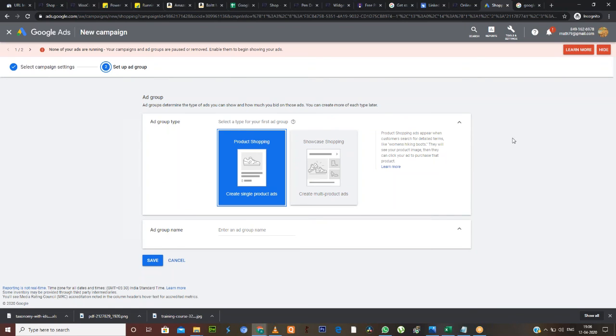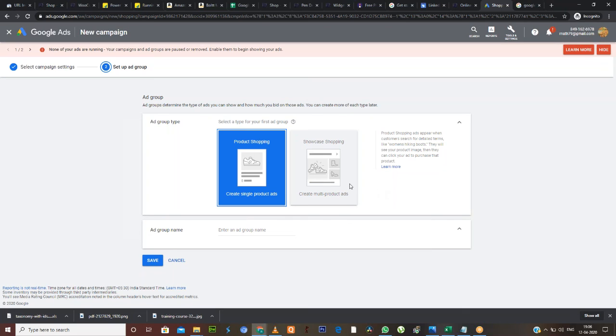Okay. So here we have two options. One option is product shopping and one option is showcase shopping. The first option is the regular one which was there earlier, and for a long time only this option was available. So they have introduced a new one, which is showcase shopping.